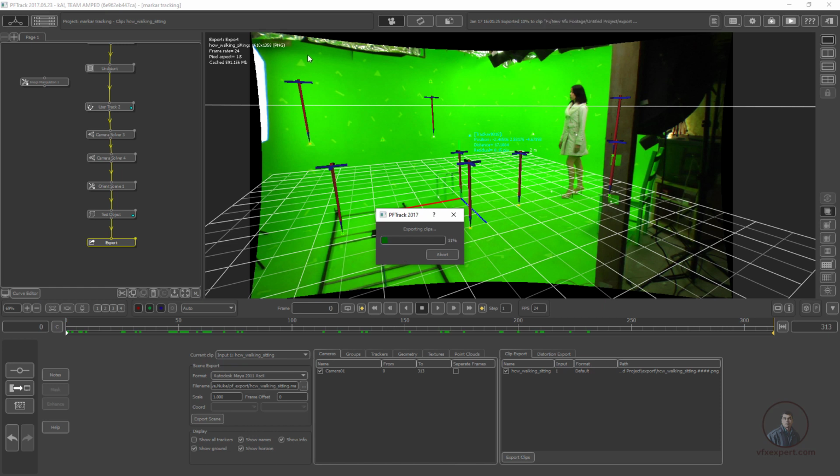So before jumping into Maya, these two values are important for Maya: the frame rate, which is 24 fps, and also our frame size, which is 1610 by 1358. This is actually the undistorted plate frame size. So finally I have exported our camera data, and also our undistorted plate.